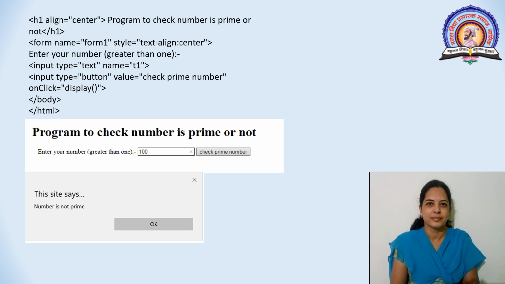So display is the function which we have written to check whether the number is prime or not. Here you can see the output. Here the user has entered the number 100. When the user clicks check prime number, it will run the program and this is the output. The number is not prime.